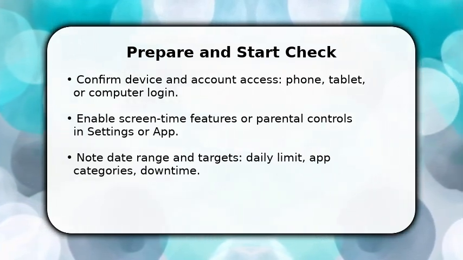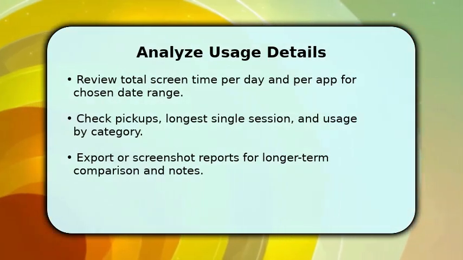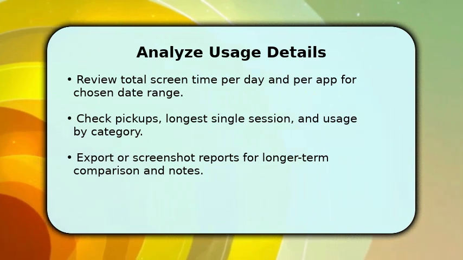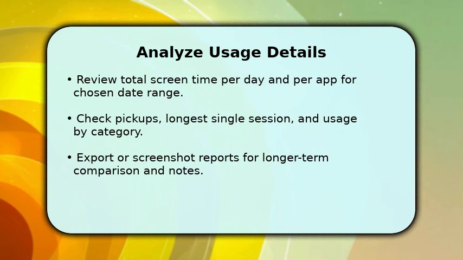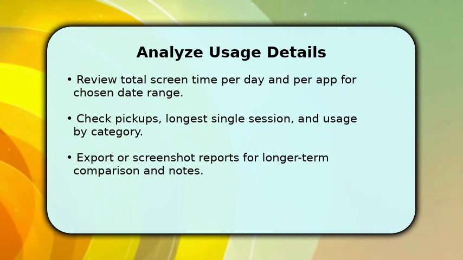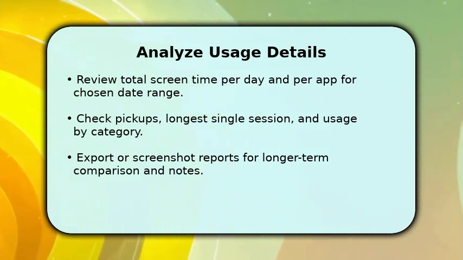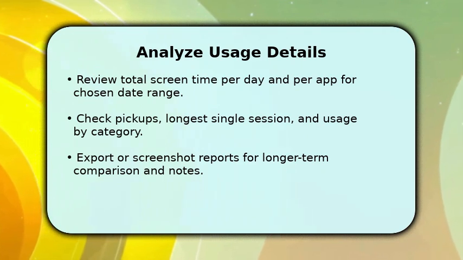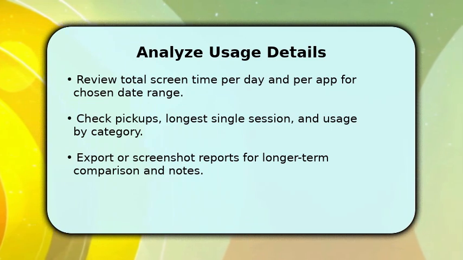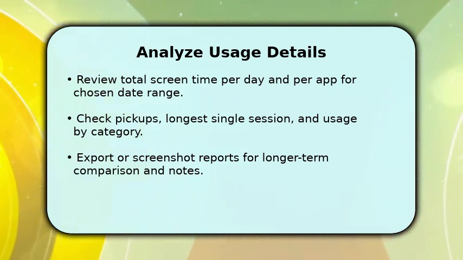Open the detailed view to inspect per app and per category totals, look for spikes and consistent high-use items. Note pickups and longest session lengths to understand context. Frequent short pickups differ from long continuous sessions. Once you identify the top apps, compare them to your targets and rules you set earlier. Prioritize apps that steal focus or exceed limits. Make a simple list of changes, blocking, limiting, or substituting apps, and export or save screenshots for trend tracking and